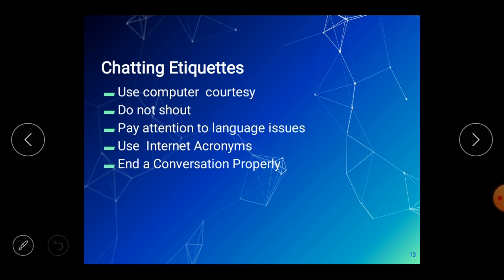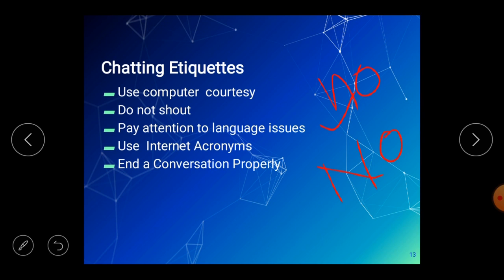In terms of chatting or instant messaging, shouting means using the bold case or the uppercase while sending the message. For example, if I am sending "no" like this and "NO" like this, this is a simple no that we are saying to someone. And when we are giving any sort of emphasis on no, then we are shouting here.